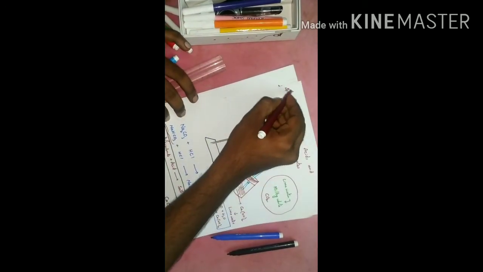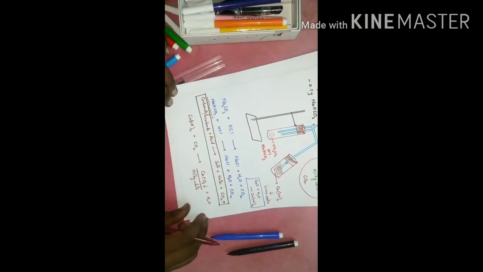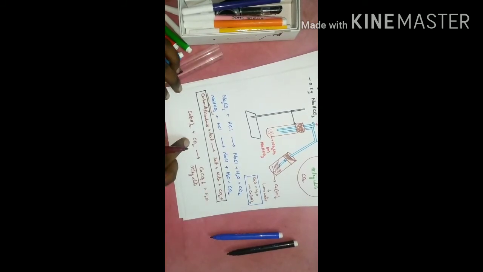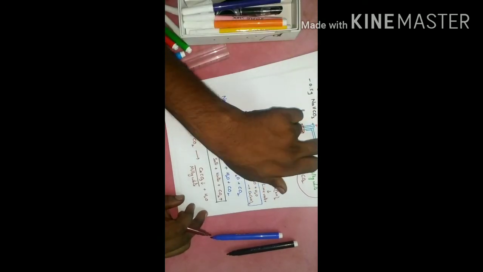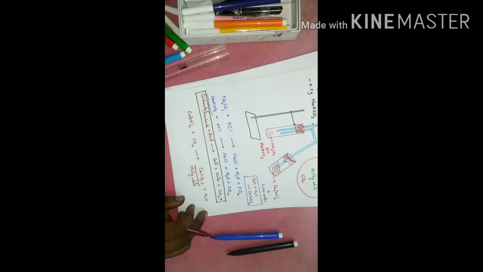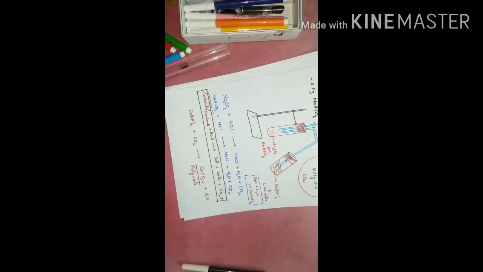This is the most important activity with respect to our final examination. Right? Calcium hydroxide is added to carbon dioxide, then calcium carbonate plus water. This is the reaction between acids and carbonates or bicarbonates. When acids are treated with carbonates or bicarbonates, then we will get salt, water and carbon dioxide. With respect to half mark question also, it is important to us. With respect to 1 mark question, 2 mark question, 4 mark question, it is the most important question to us.